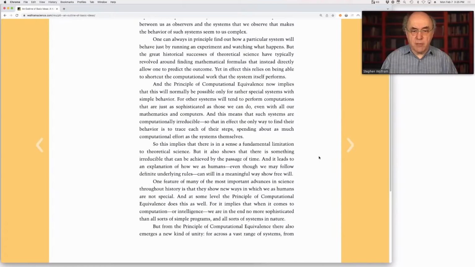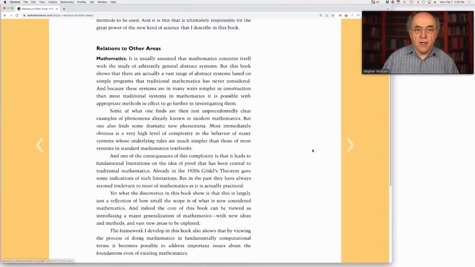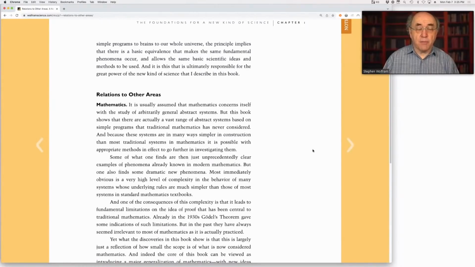But from the principle of computational equivalence, there also emerges a new kind of unity, for across a vast range of systems, from simple programs to brains to our whole universe, the principle implies that there is a basic equivalence that makes the same fundamental phenomena occur and allows the same basic scientific ideas and methods to be used. And it is this that is ultimately responsible for the great power of the new kind of science that I describe in this book. So the way I would say some of these things today is